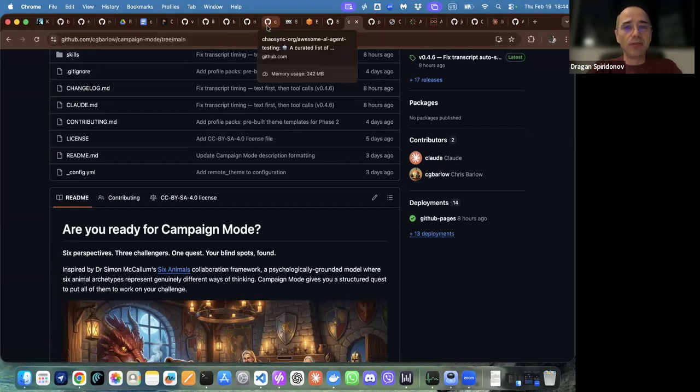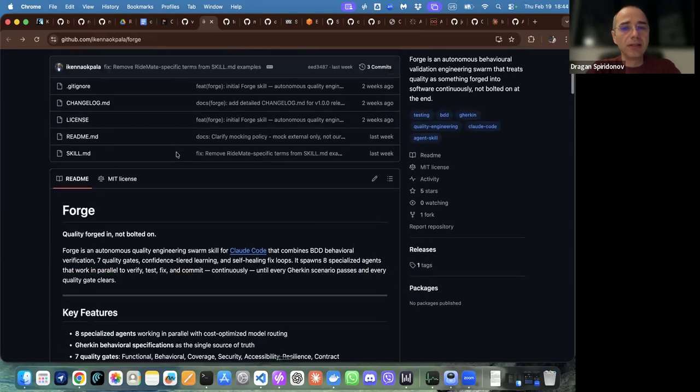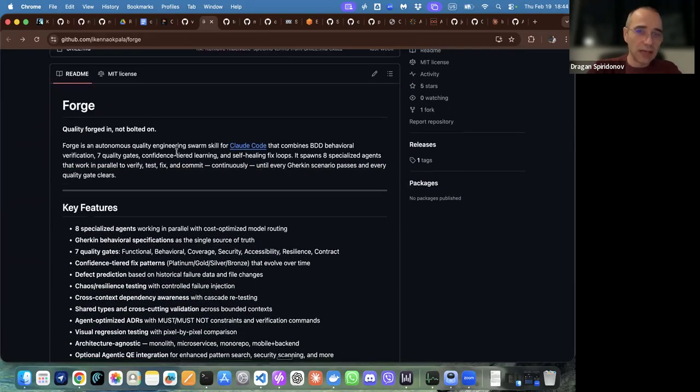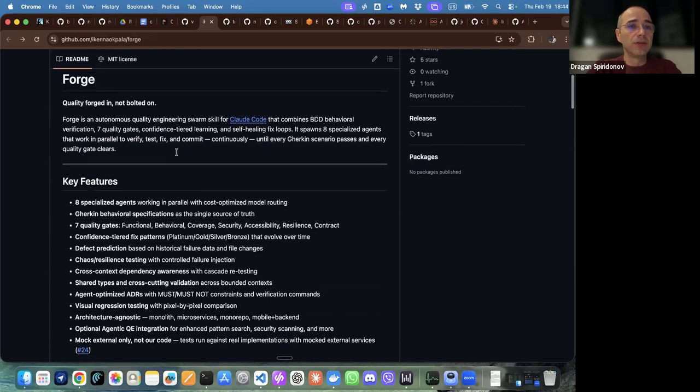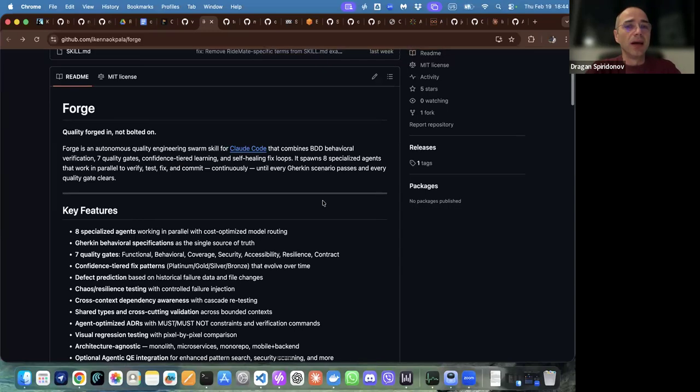Let me find where it is. Also, members from the community started building on top of my agentic QA fleet. For instance, Forge, from Iken Okpala, I think he's from South Africa.